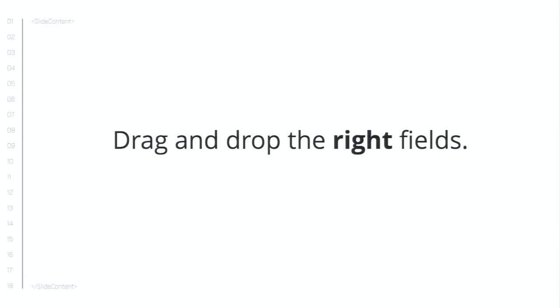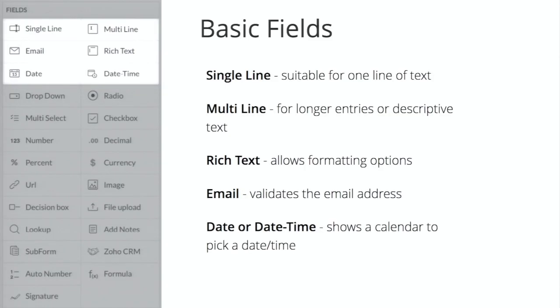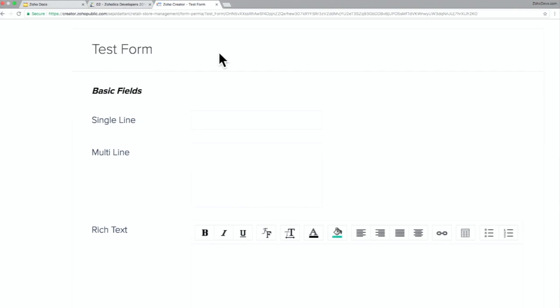Before you actually start creating forms, you need to know what field types you require so that your forms are clear and logical, and the users who are filling up the forms will not have any trouble. Let me quickly go into these field types. In Creator, the field types are broken down into 4. The first one is basic fields, second is selection fields, and then we have numeric fields, and last one, advanced fields.